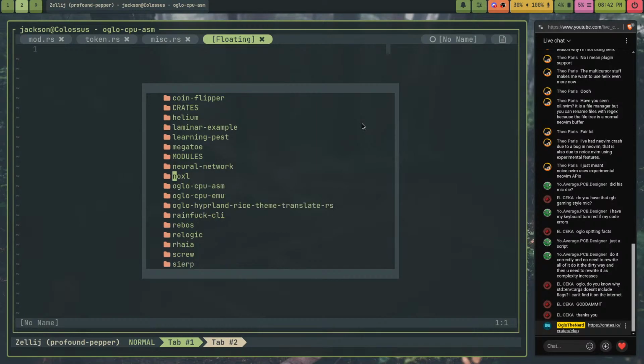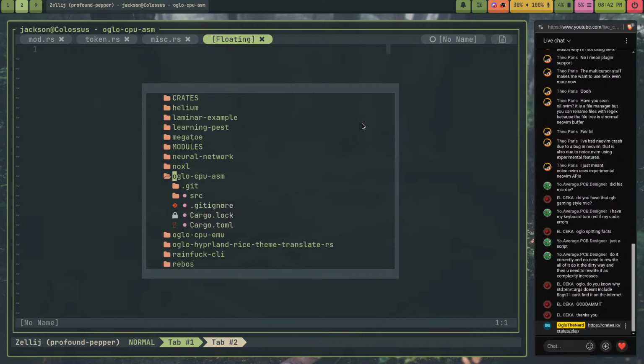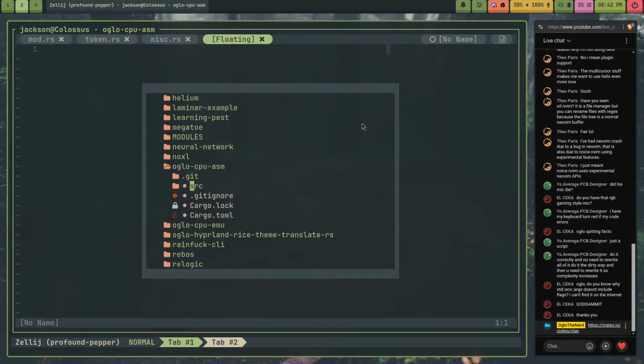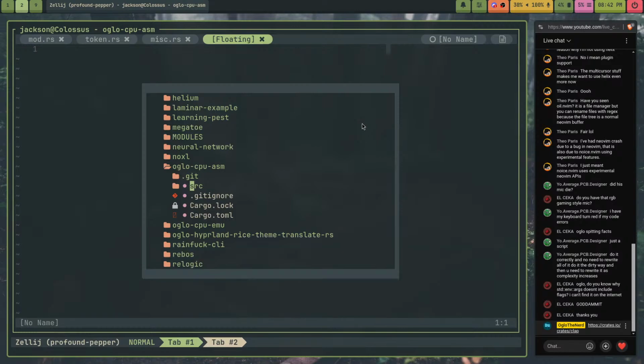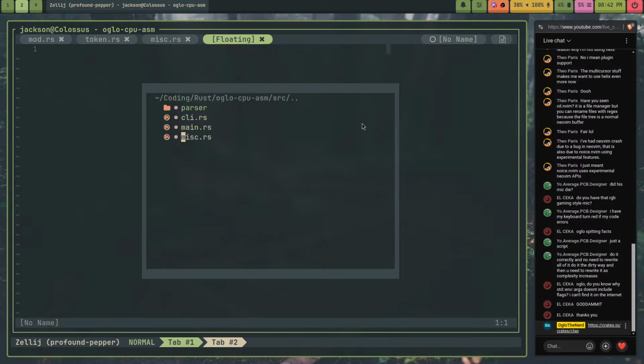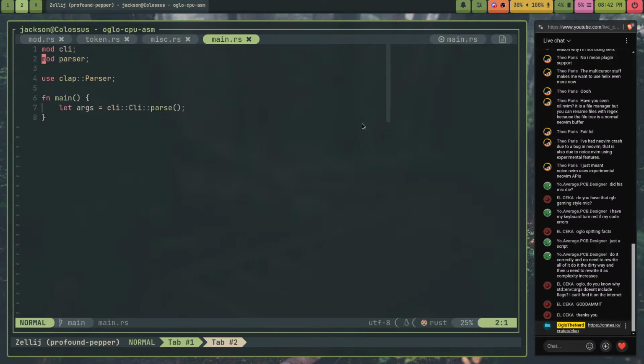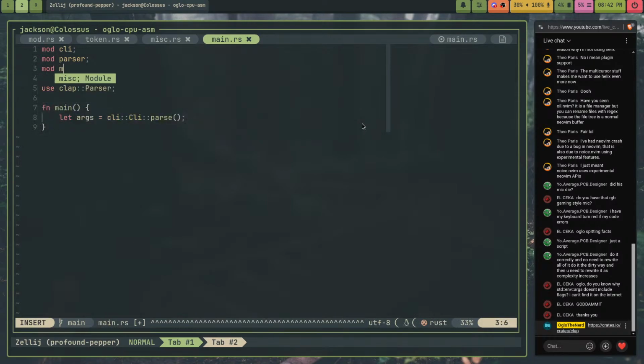No, I wanna get out of there. I wanna go back into Oglo CPU ASM and I want to cd, change directory, control. Yeah, there we go. Main. I want to mod